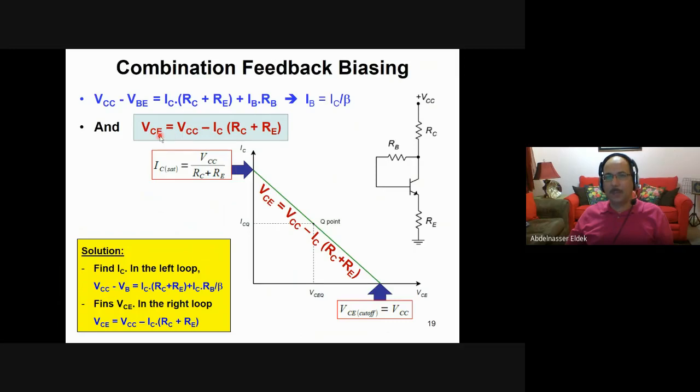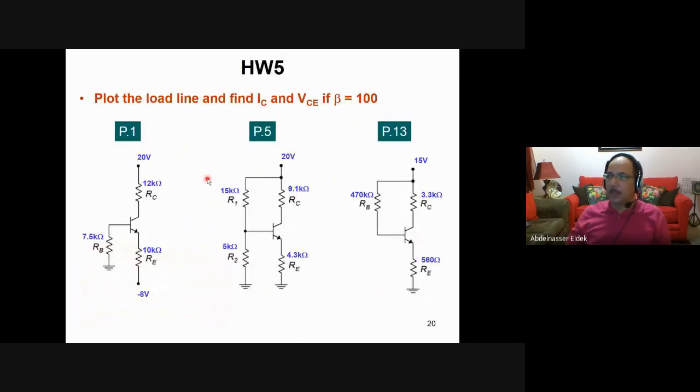How to calculate IC again? We have to use another loop, which is this one here. Okay, so let us see. VCC equals what? Equals this voltage, which is IC times RC, plus this voltage, which is IB times RB. IB is IC divided by beta. So we have to find it in terms of IC. Okay, then plus this voltage here, which is 0.7 volt, plus this voltage, which is IC times RE, approximately. Okay, so now we have one equation in one unknown, which is IC. You can calculate it. So this was the last